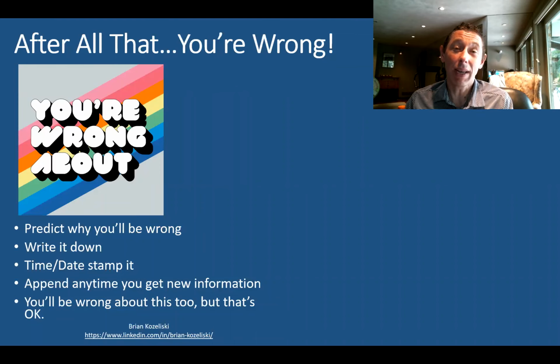But I also want to write down in my investment thesis how and what am I going to be wrong about in what I'm predicting here? And write that down too, okay? And time and date stamp that too. And anytime new information comes out, append that information also, okay? You're going to be wrong about this part of it too, but that's okay. That doesn't matter either. But you're going to write this down. You're writing down your thought process, what it is you're attracted to in terms of this stock. What do you think? How you could be wrong, etc. You're going to write it down so you can do it.